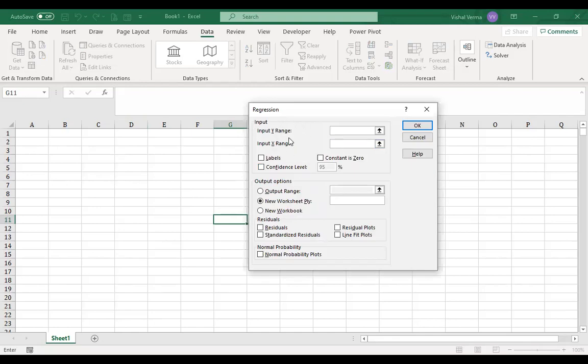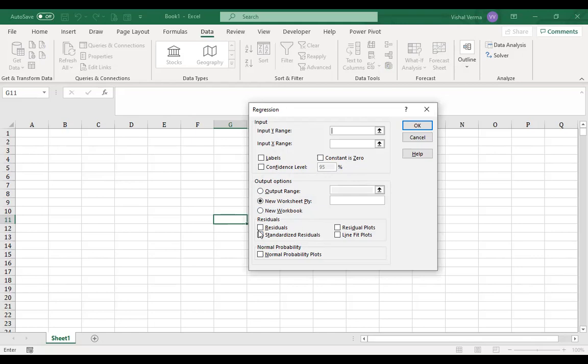Now, in case of regression, we have got a y variable, that is the predictive or the output, then we have got the dependent variable. Then we have got the labels, and we can set the confidence level. If you want to set the confidence level, we can select it, or else we can let the calculation come up, and on the basis of that calculation, we will decide.